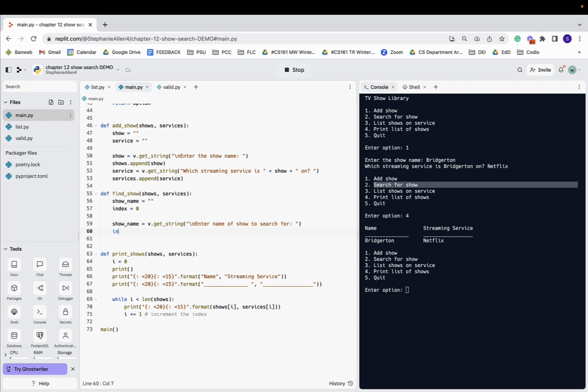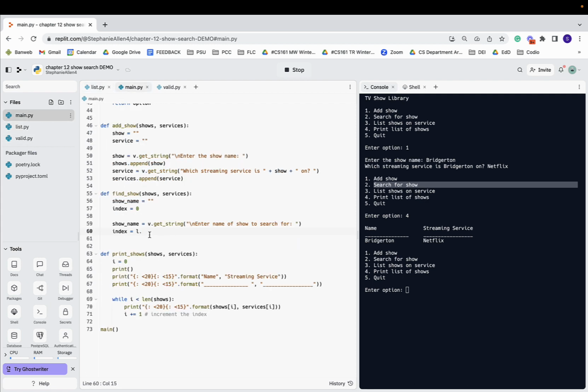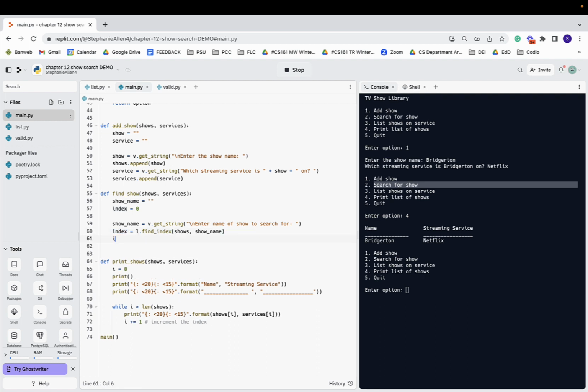Okay, and then I'll set index to, that's in the list module. And let's see, it's called find index, and I need to pass it the list and then the value. So find index, and it's going to be in the shows list and then the show name. Okay, so I'll pass it the entire list and then the show that the user typed in, and if it's in this list, this function will return the index, otherwise it will return -1. So if the index is equal to -1,